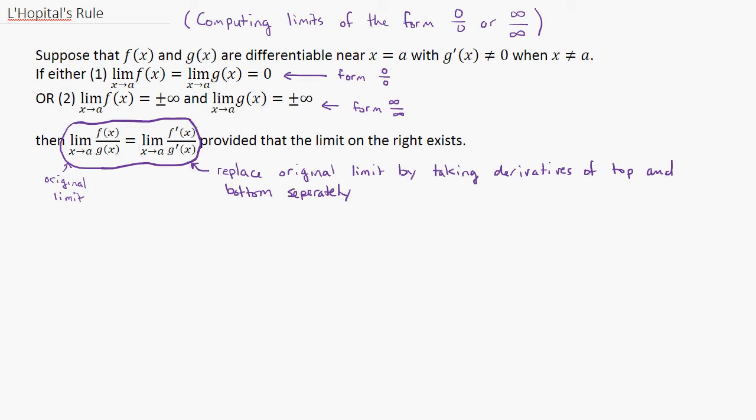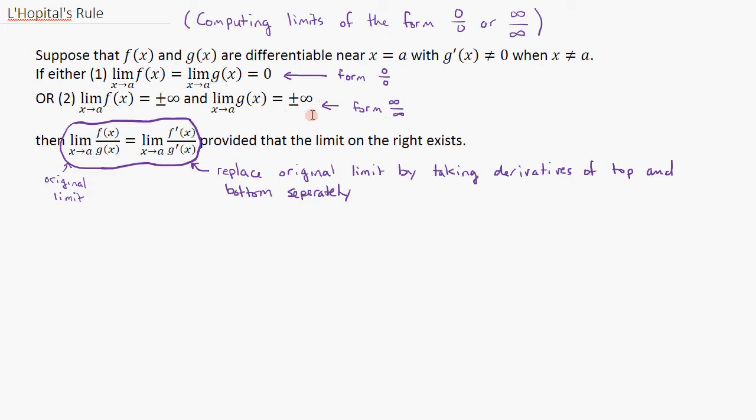In this video, we're going to talk about L'Hopital's rule. L'Hopital's rule is a method to compute limits with the indeterminate forms 0 over 0 or infinity over infinity. Typically, when trying to compute a limit, you first try to plug in x equals a into the original limit problem, and if it turns out that the form of this expression is 0 over 0 or infinity over infinity,